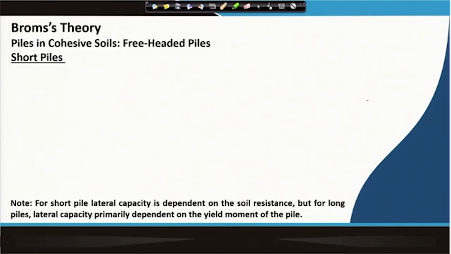That means, as I mentioned, a pile can be a short pile or a long pile, it can be free headed or fixed headed. Okay. So, first I will discuss piles in cohesive soil, which is a free headed pile and it is a short pile. As per the Broms theory, if this is the ground surface,